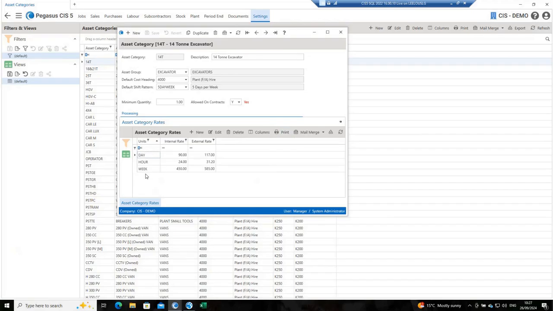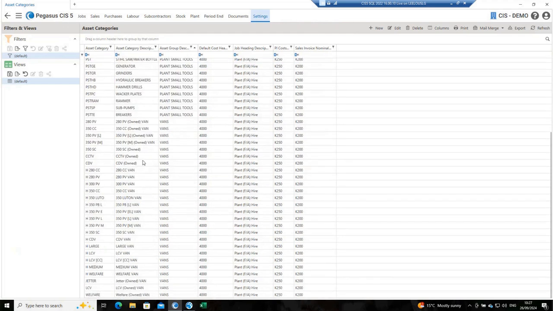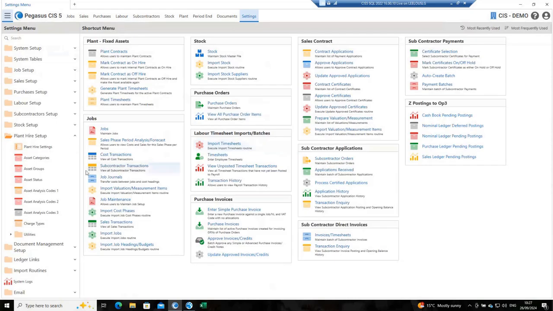So these are set by you. I have an internal rate, which is recharging one of your jobs, and an external rate, which is external hire to a customer. Okay, so set those up. Again, import them if you need to. All of these asset categories, get them all in here. So I've got a lot for vans in here as well. Come out of here, back to our